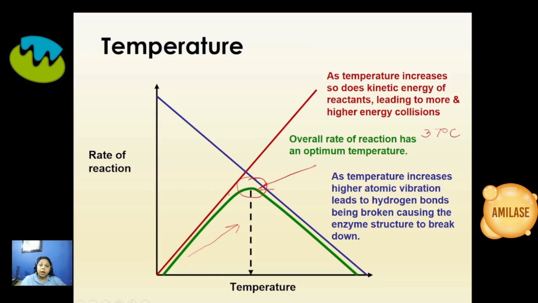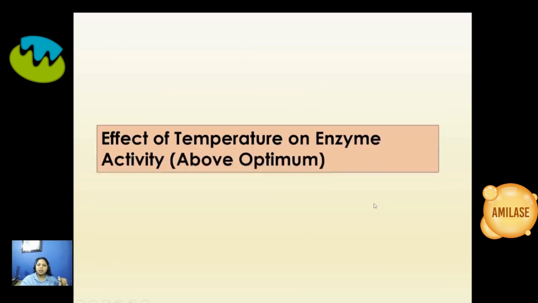Now, what is the reason behind this decrease? As we have mentioned, when the temperature is increased, kinetic energy increases and molecules move really fast. If the molecules move faster, there are chances that they move so fast that their bonds may break. And if the bonds break, the enzyme is not going to have an active site anymore. So when there is loss of active site due to the breakage of hydrogen bonds, it leads to a term we know as denaturation.